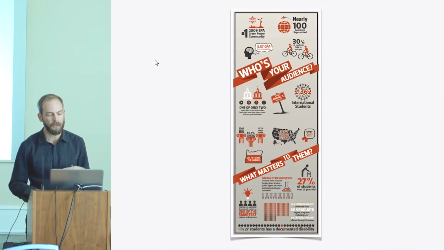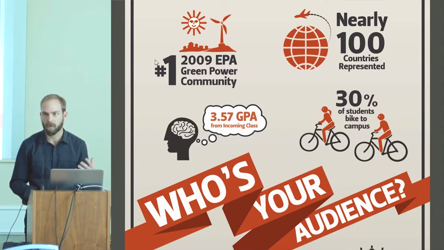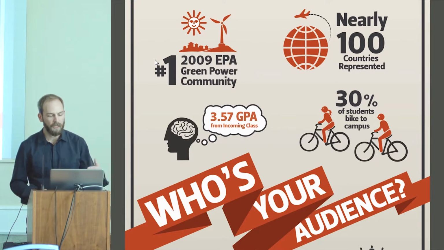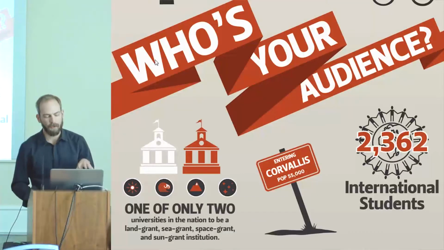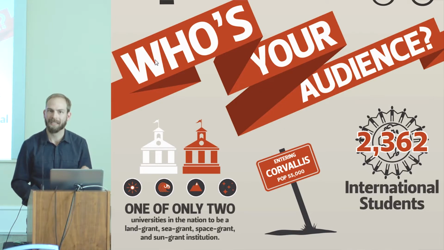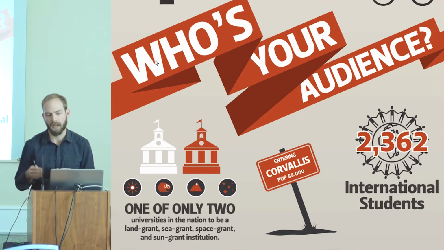Well, to get them started, we worked with eCampus to develop an infographic that would ask them to do some audience analysis, because the core of this assignment is that it's an authentic writing condition, that they are writing for a real audience, that they have the real possibility for change. So the question is, who's your audience? And so this infographic was made with statistics culled from various OSU sites. And the arc here is we purposely chose a smattering of different statistics and kind of mashed them up against each other so that students could find different access points.